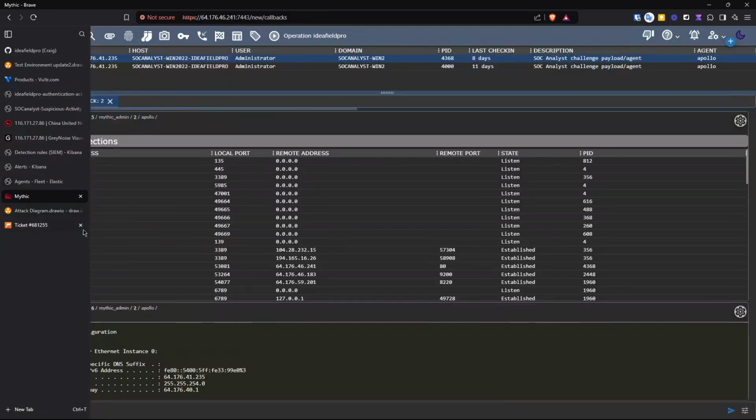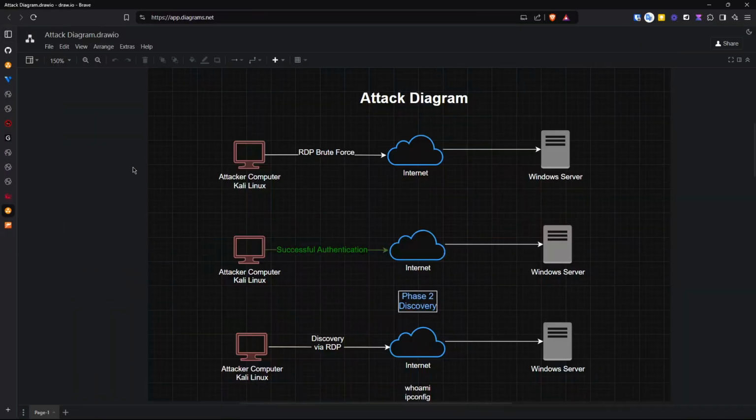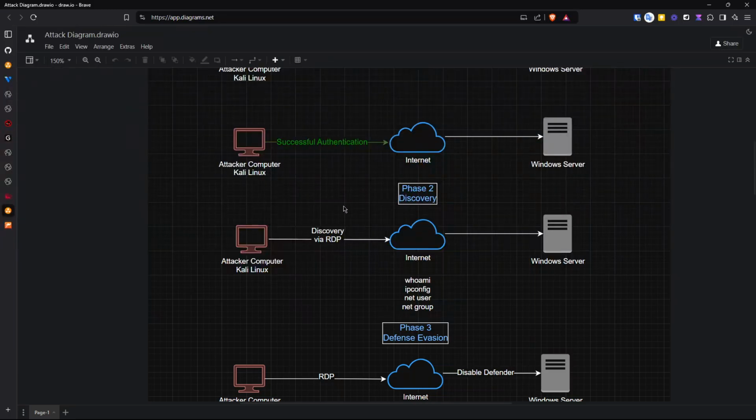And let me walk you through the attack diagram very quickly here before I get to Mythic. Using Mythic as a C2 framework, I've configured various attack scenarios, including brute force attempts against our SSH and RDP servers. This helps me validate the detection capabilities and response procedures. So the attack diagram does include the Kali Linux machine, which used an RDP brute force attack to gain access to the Windows server. And after it was successful,